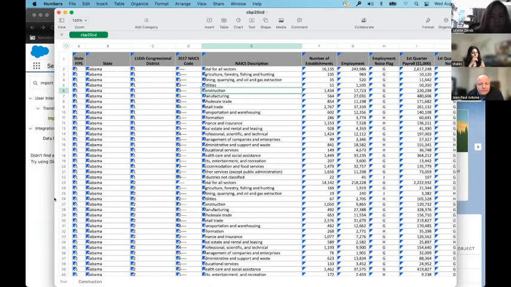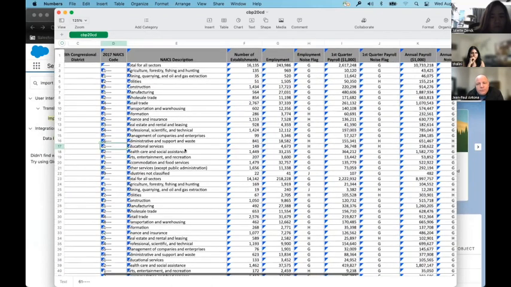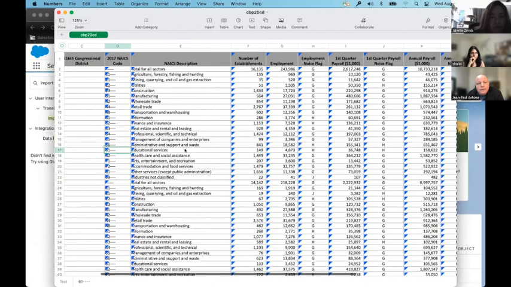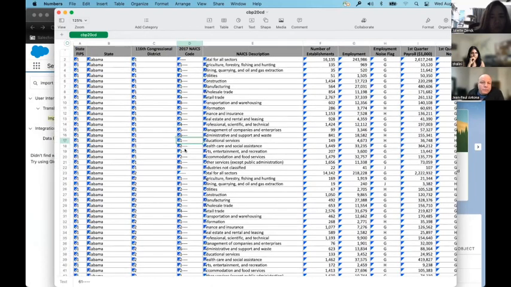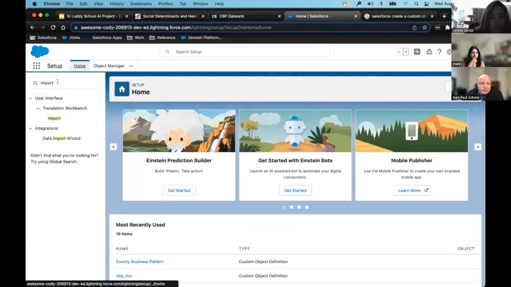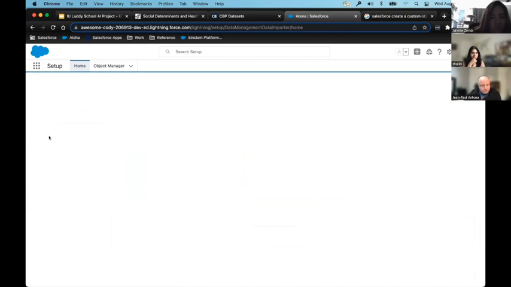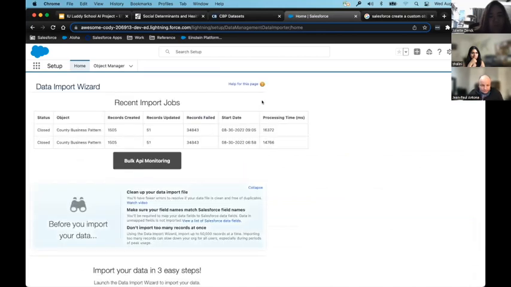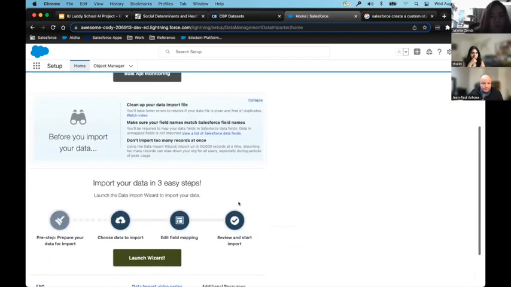And that's a big step already, but the data is in the spreadsheet. And I want to get each row in this spreadsheet to be a record, one record of that custom object in Salesforce. So basically, we go up here and type in import, and that brings us to the data import wizard. I'm not going to walk through it, but you get this screen, and then you launch a wizard